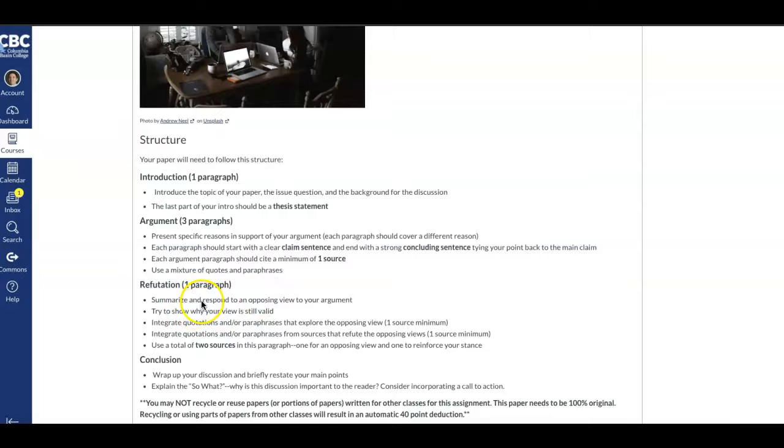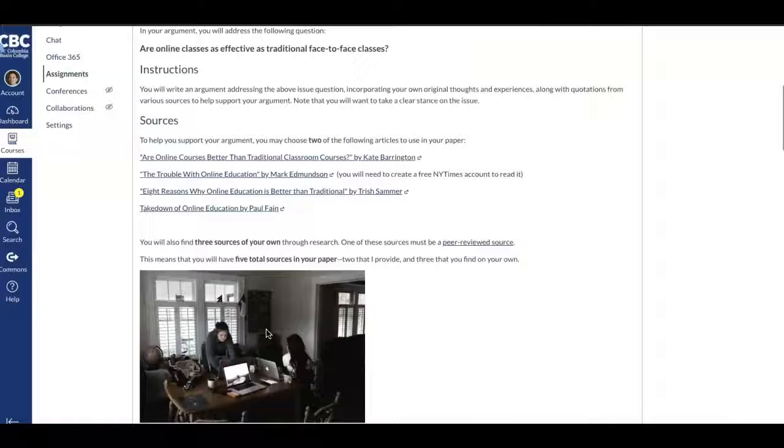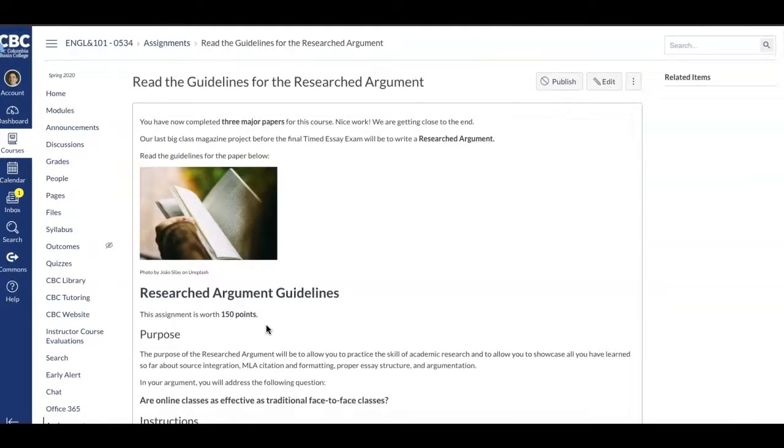You'll explore that opposing view source here and then use another source to counter that argument. So it's not too different from what we've been doing so far. It's just using more sources and doing some of your own research. Throughout the next few lessons, you'll have lots of resources that will help you to do the research and to be successful. As we work on this last paper, I want to remind you that this is a great time